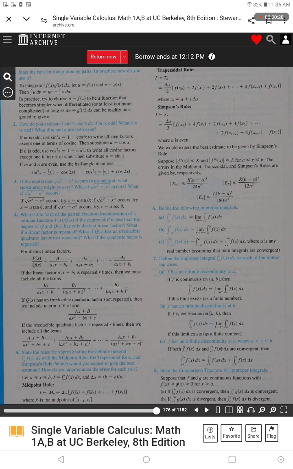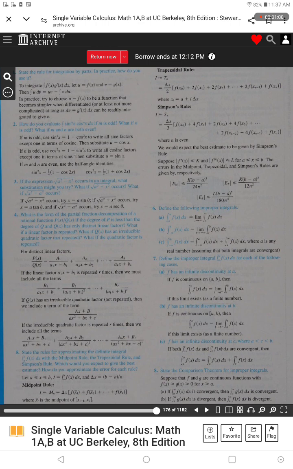Let a be less than or equal to x, and x be less than or equal to b. Big I equals the integral from a to b of f of x dx, and delta x equals (b minus a) over n. Midpoint rule: big I approximately equals big M sub n,